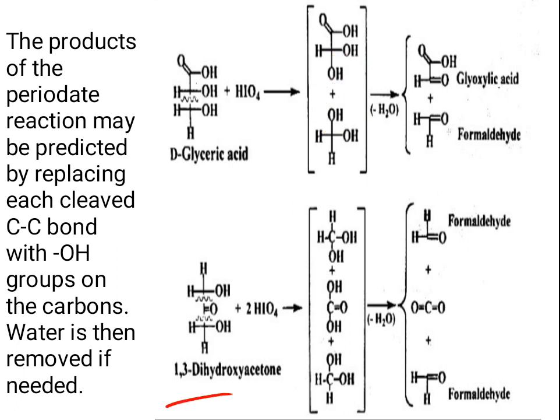This one is also similar. In this case, you have to break these two bonds, because this is an OH, this is a keto group, and this is another OH. So all three groups are reactive towards the periodate oxidation. So these two carbon bonds will be broken, and then